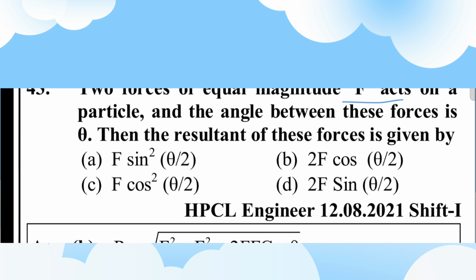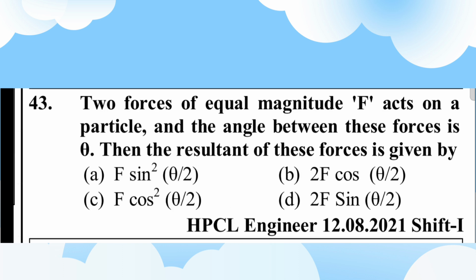The resultant of these forces is given by 2F cos theta by 2 as the resultant R. So, resultant R equals root over F square plus F square plus 2F square cos theta. F square comes common, and 2 comes common, so